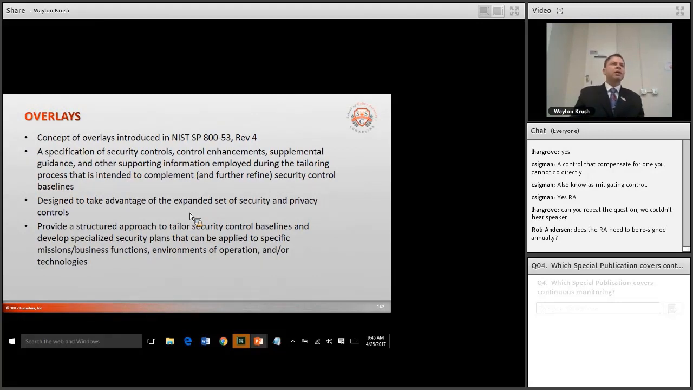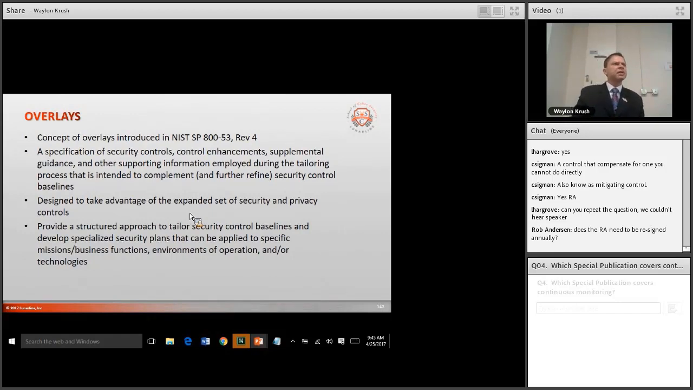Overlays, we've been talking a lot about these, but they're actually a specification of security controls, control enhancements, supplemental guidance, and other supporting information employed during the tailoring process. They're designed to take advantage of the expanded set of security and privacy controls. When you go to NIST Special Publication 800-53, Rev 4, Rev 5, the baseline controls for low, moderate, and high, even if you have high, high, high, you'll notice that